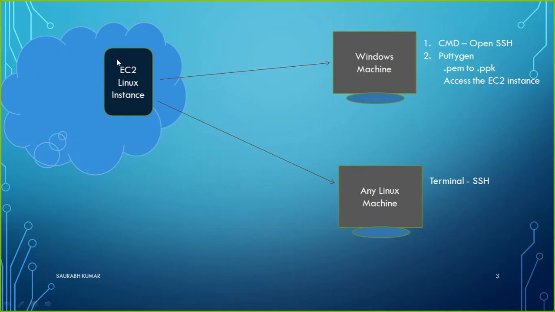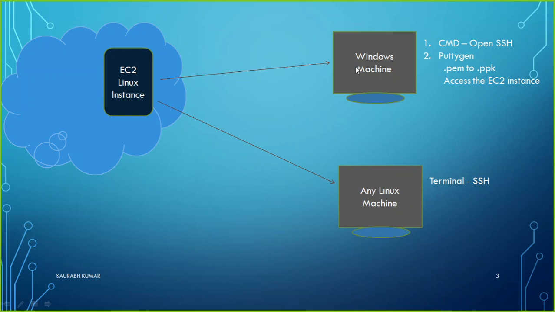If you create an EC2 Linux instance, if it was Windows then it was easy, but if you have a Linux instance, maybe you want to access this instance. The first question is: do you want to access it from a Windows machine or a Linux machine? For example, this instance we have created, but my personal laptop is running Windows. So how can I access this instance which is running Linux? Or what if my laptop is running Linux, then how can I access it? So the condition may change.